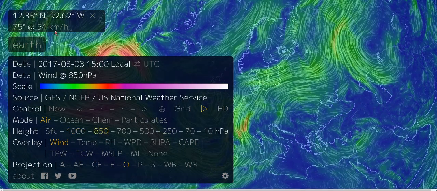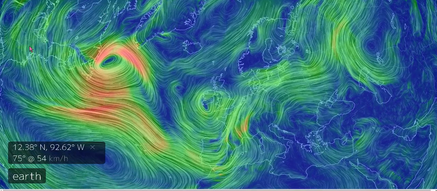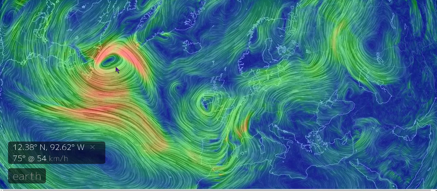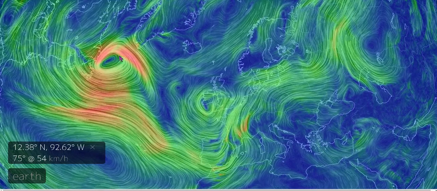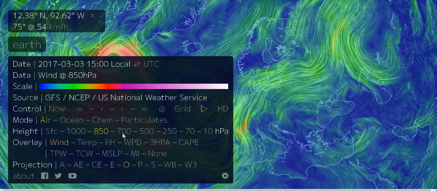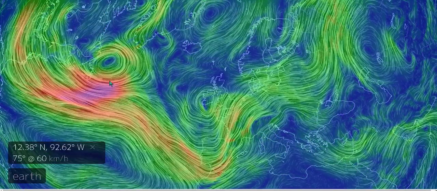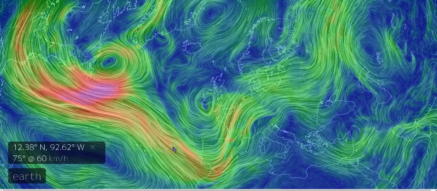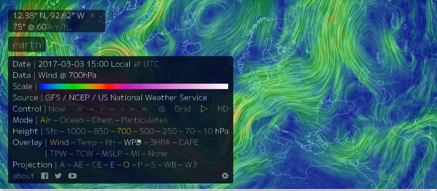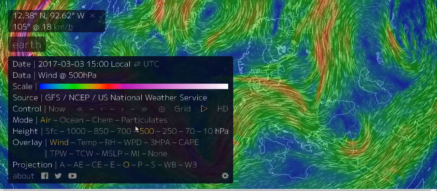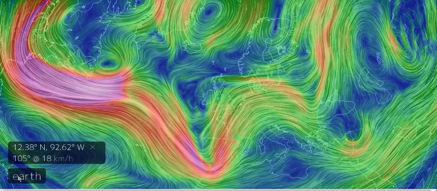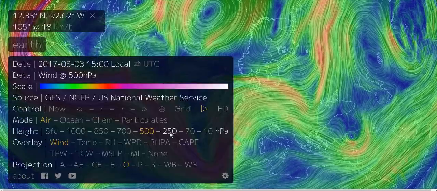As you go up to 150, click on Earth, that takes the box back. You can now see the wind directions, strong winds there, just to the left of Iceland, southern states and the northern Atlantic. Go to 700, we're now seeing the bottom of the jet stream, diverting around the UK from a previous deployment. As you go higher up to 500, now you really are getting into the jet stream at 30,000 feet plus, and 250,